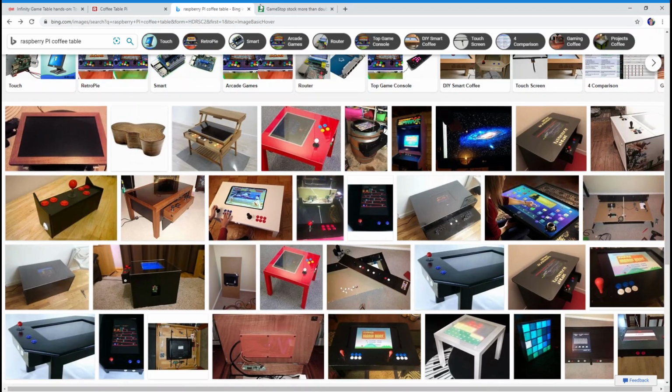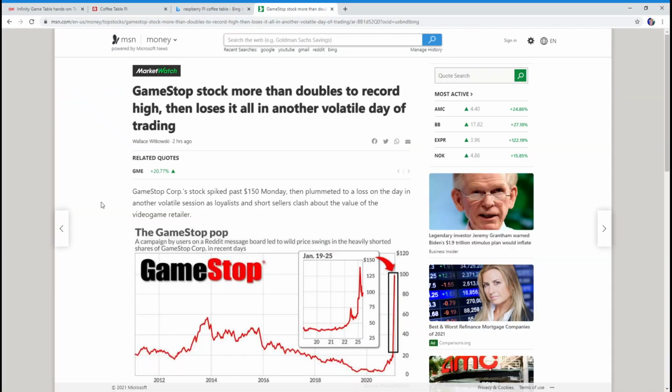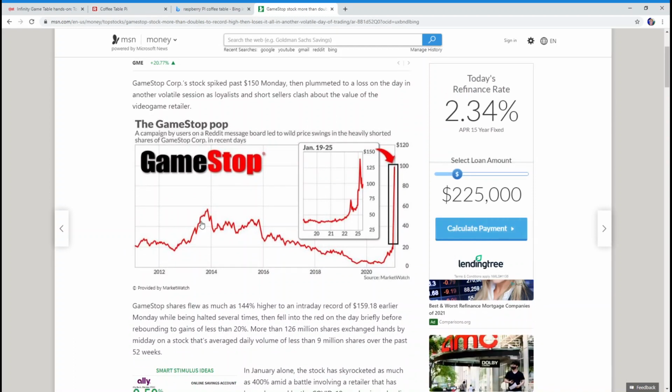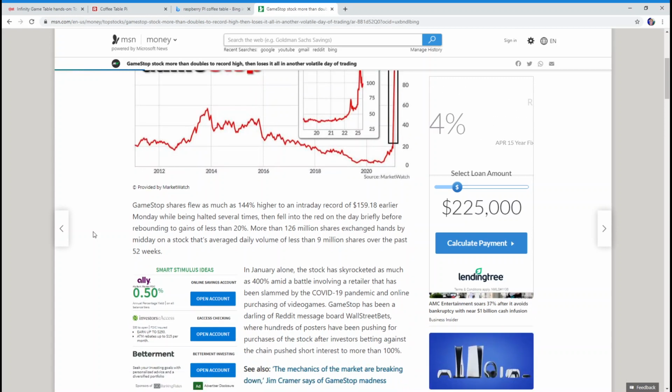So on that note, now that we're talking about games, has anybody been following the stock market? GameStop stock more than doubled to a record high, and then lost it all in a single volatile day of trading. And this is as of 2 hours ago. I'm posting this January 25th, so it's going to take me a day or so to actually upload the video, but this is recent as of the time of doing this video. GameStop shot up and then it went down again. And the thing that's confusing people is GameStop is a brick and mortar shop, so you can get a lot of your games,